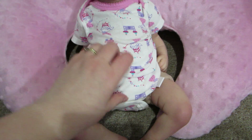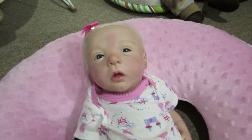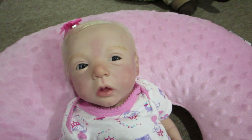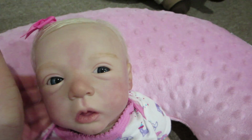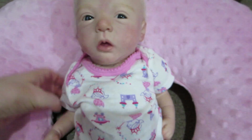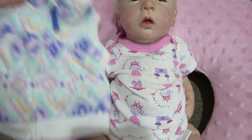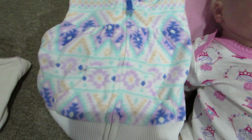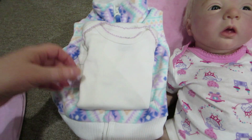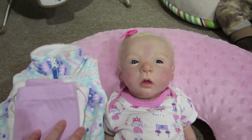She's such a tiny little girl. So anyways, I just wanted to show you her improvements, and she's super cute now. I keep forgetting that she has a little magnetic bow, which is adorable. And I've combed down her hair. And now I want to change her. I want to put her into this outfit that her previous mommy sent me. It's a cute little Carter's set with the hoodie, or the vest. And this is needed because